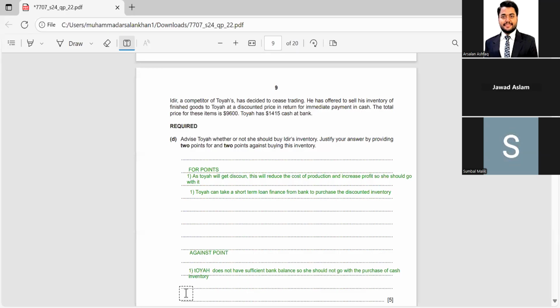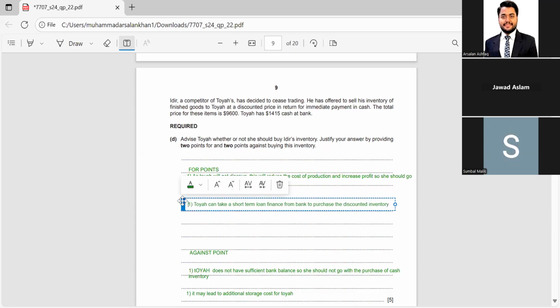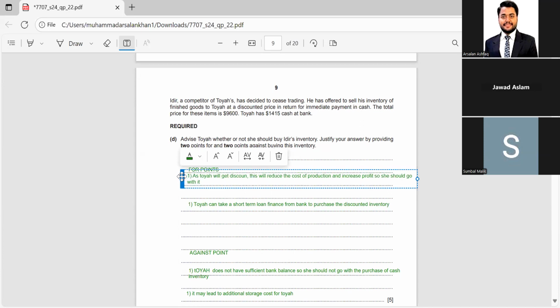अगेंस्ट में ये आ जाएगा कि if she is buying additional stock तो it may lead to additional storage cost. Toya की स्टोरेज कॉस्ट बढ़ जाएगी क्योंकि उसको अब अपना मटेरियल तो वेयरहाउस में रखना पड़ेगा क्योंकि वो और एडिशनल मटेरियल बाय कर रही है, ठीक है। If there is any question